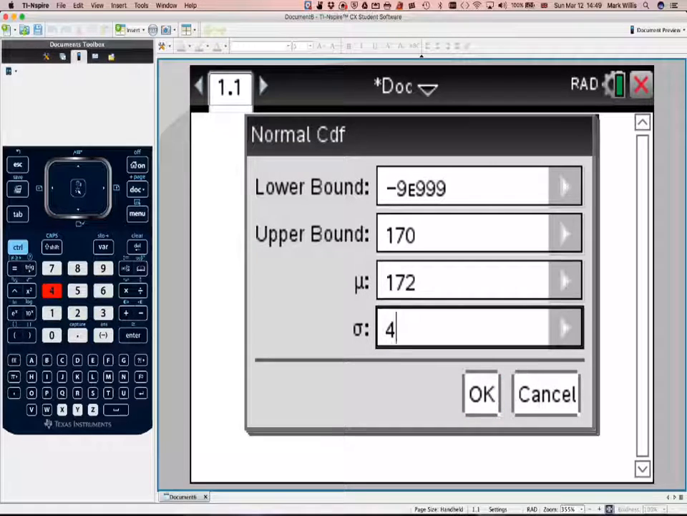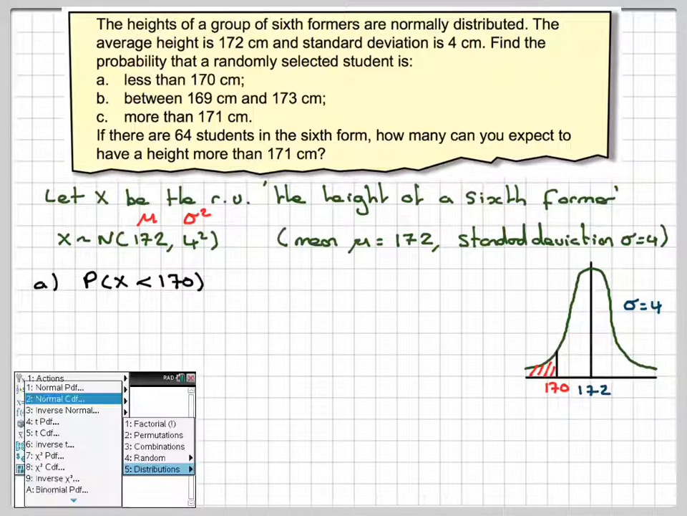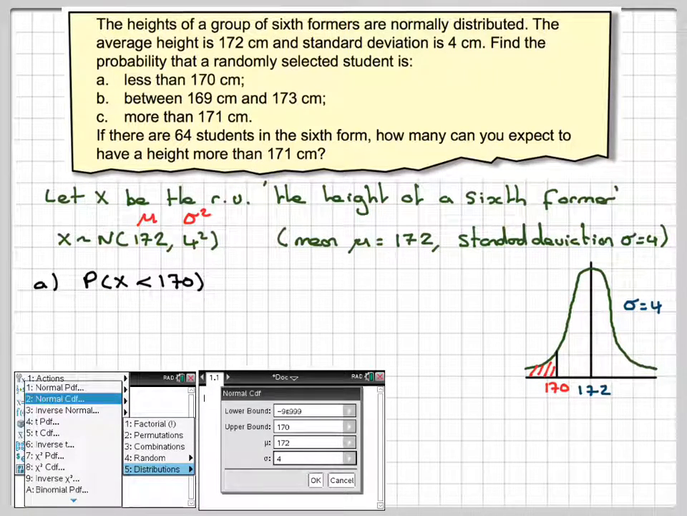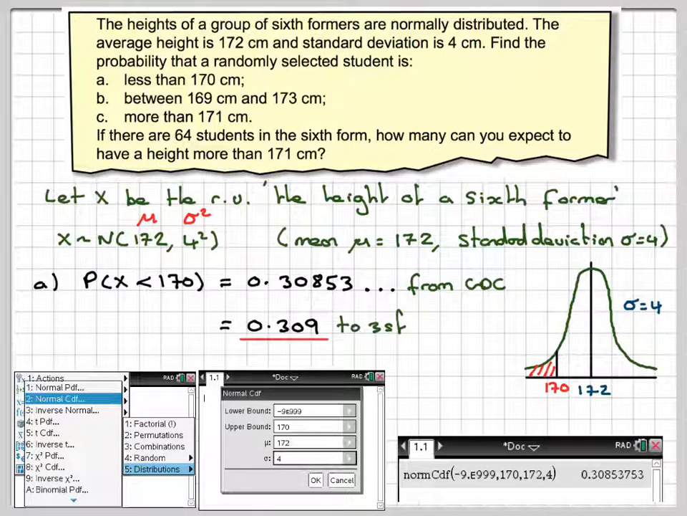We need to change the mean to 172, and the standard deviation is 4. And this is why we needed to remember the mean and the standard deviation. We press OK and we get an answer of 0.308537. So returning to this, here's the screenshot of what I just did. You should always write down a few values first, 0.30853 from the GDC, and then round that off, so the 5 will make that 8 a 9. So we get a final answer of 0.309